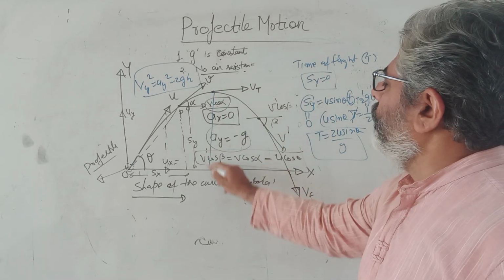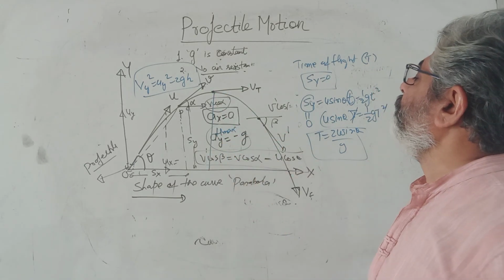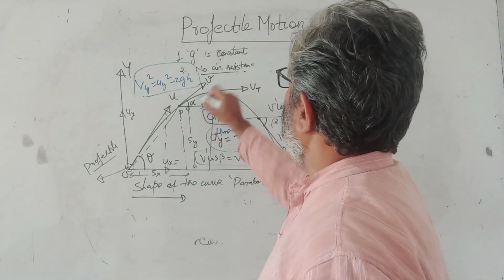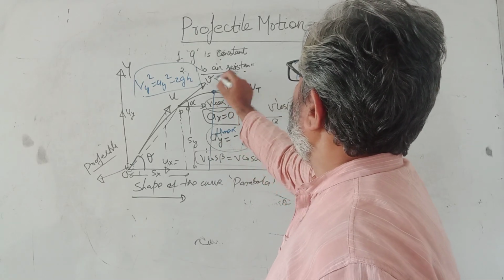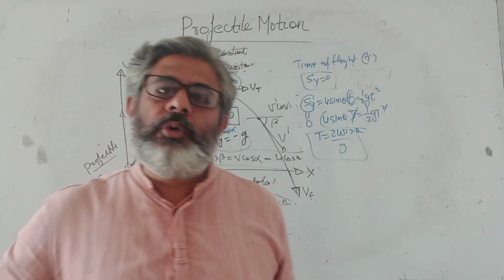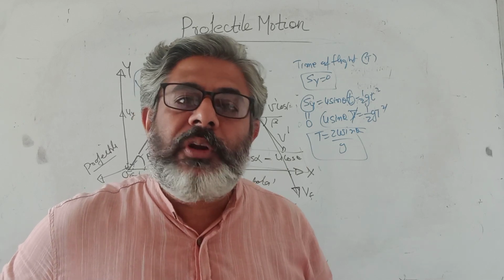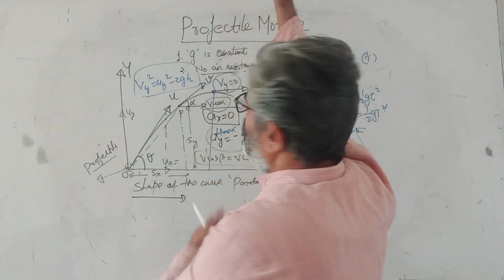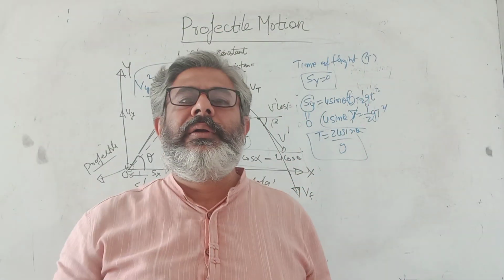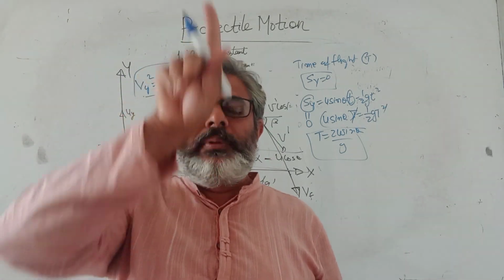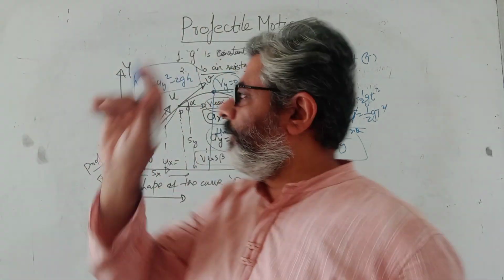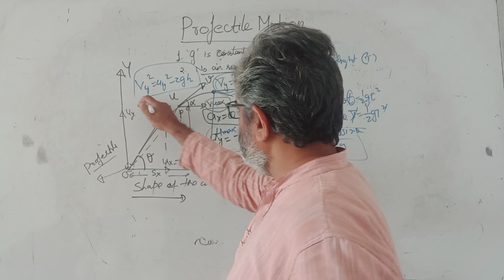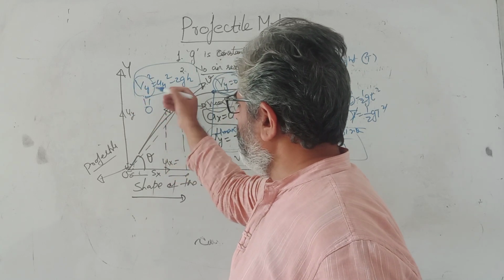Second is what, this maximum height, h max, h max निकालना है। ये इक्वेशन यूज कर लीजिए, बोर्ड पे लिखी हुई है लेटेस्ट। यहां पे क्या होता है इस पॉइंट पे, vy is equal to 0। Again you get confused, sir how is vy 0? I am not saying velocity 0, I am saying vy is 0। ये टॉप मोस्ट पॉइंट है, इसके बाद it will not go further ahead, it will fall back after this point। मतलब it has stopped going in that direction। देखो यहाँ पे it's going up, it's no longer going up, so vy is 0। इसमें 0 रख दो आप जरा, vy को क्या आएगा, you will get